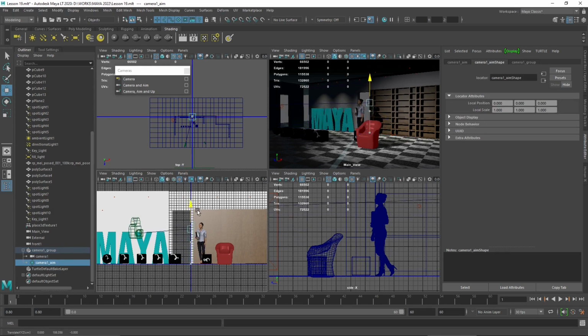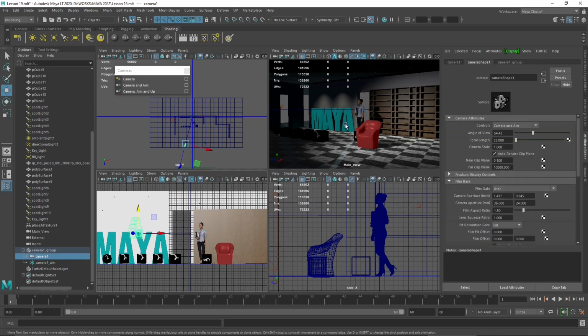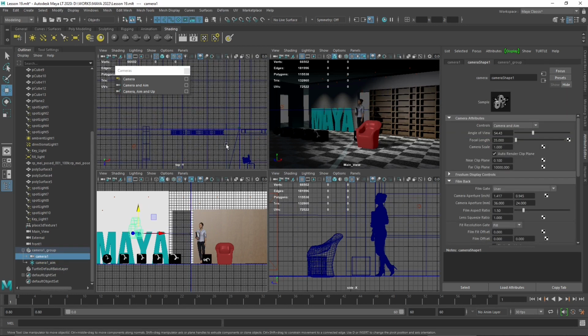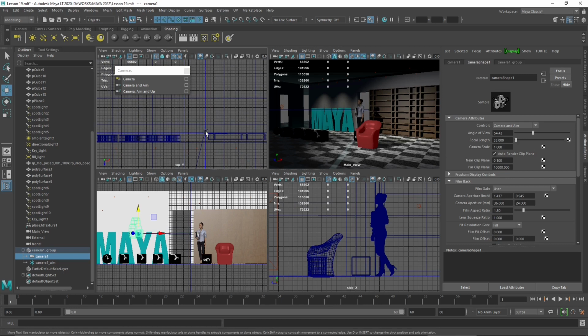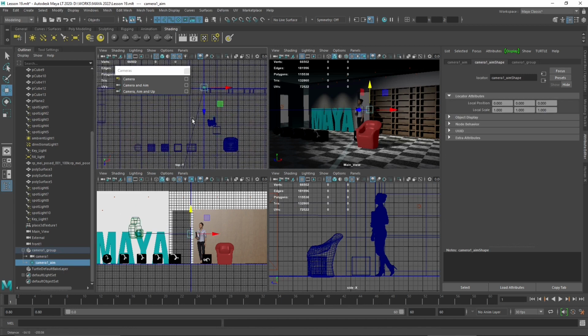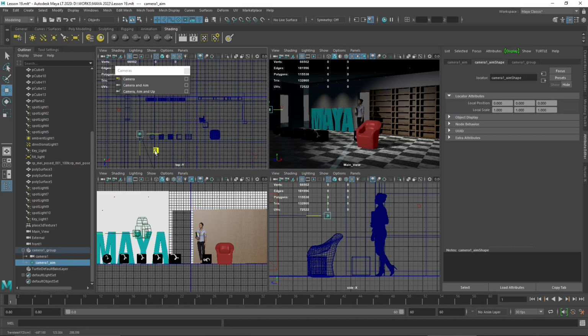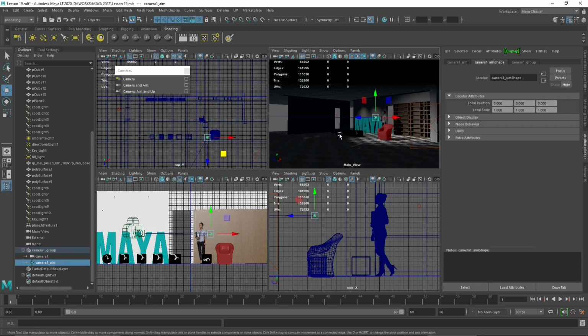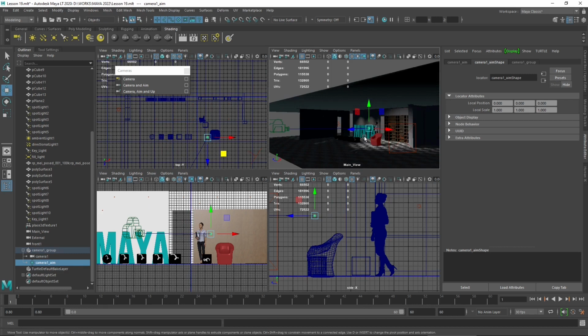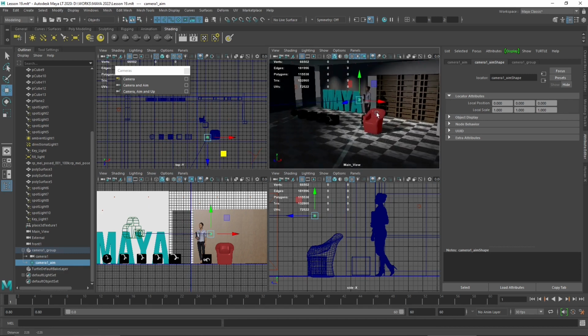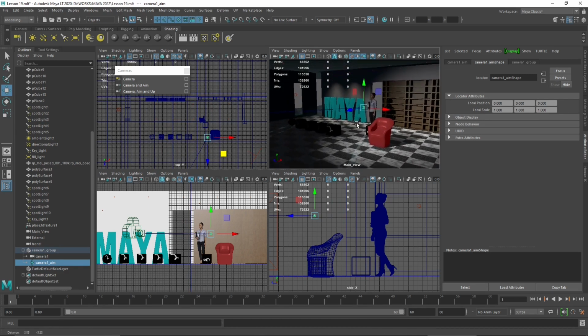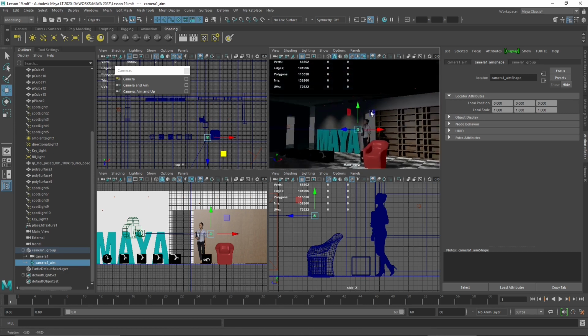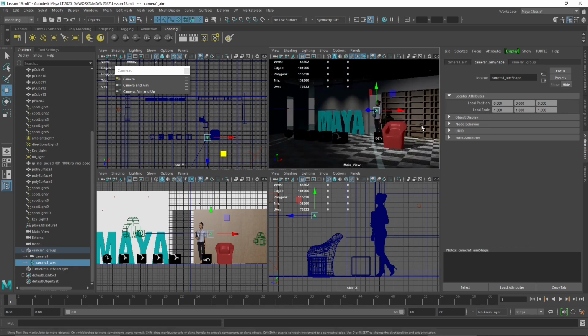And then we have the aim, which is actually another object that we can manipulate. So you can place the aim in a part of your scene. For example, if you want to concentrate on a character, and then when we do the animation, we will move the camera around, but the focus will always be on that part of the scene where we placed the aim of the camera. So this is why